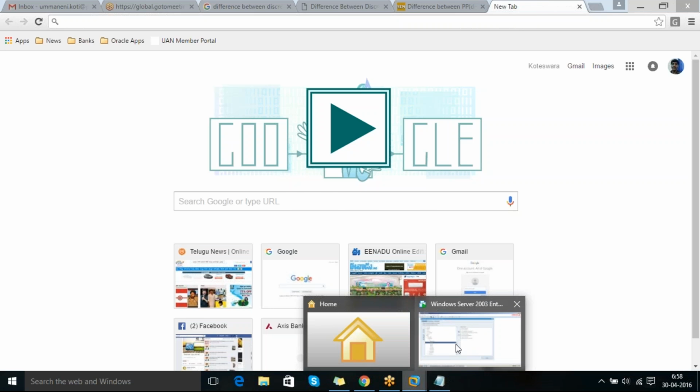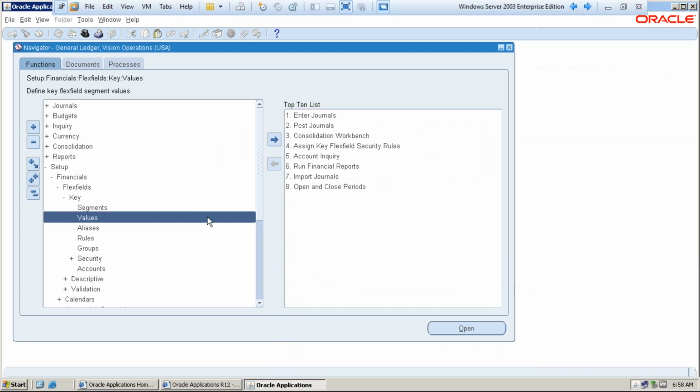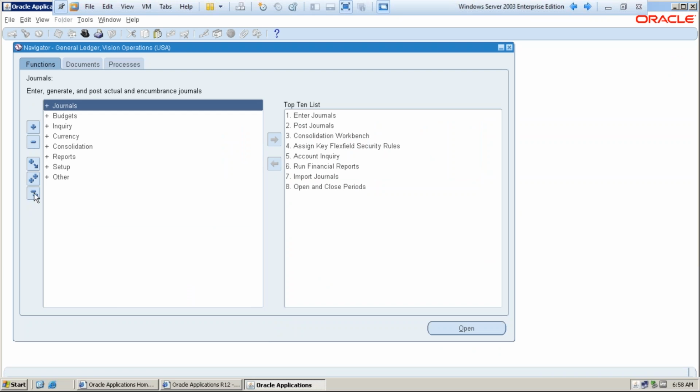Today we will discuss this assemble to order cycle. Now, in the assemble to order cycle, the customer will place the orders for